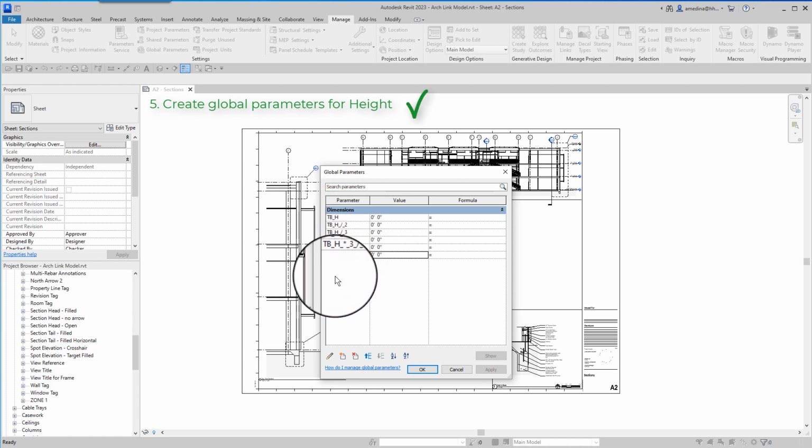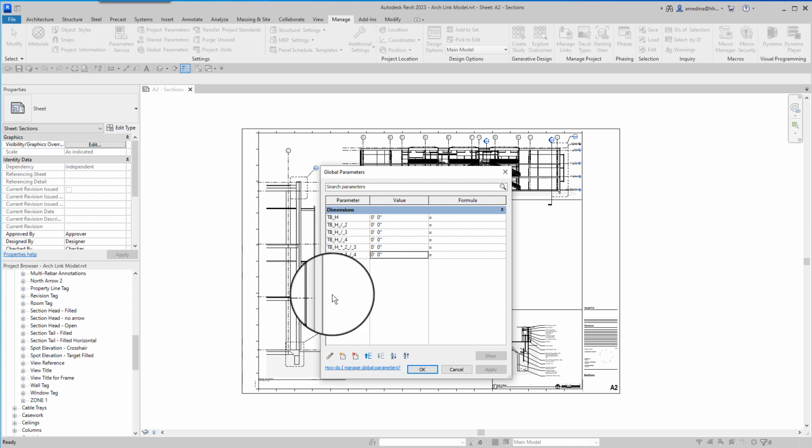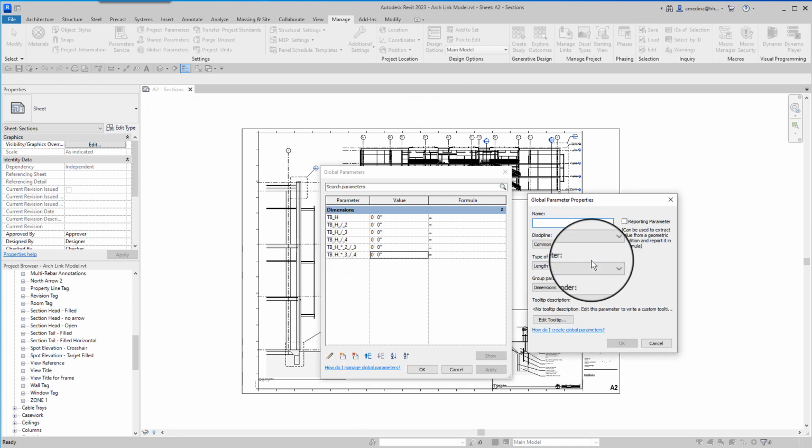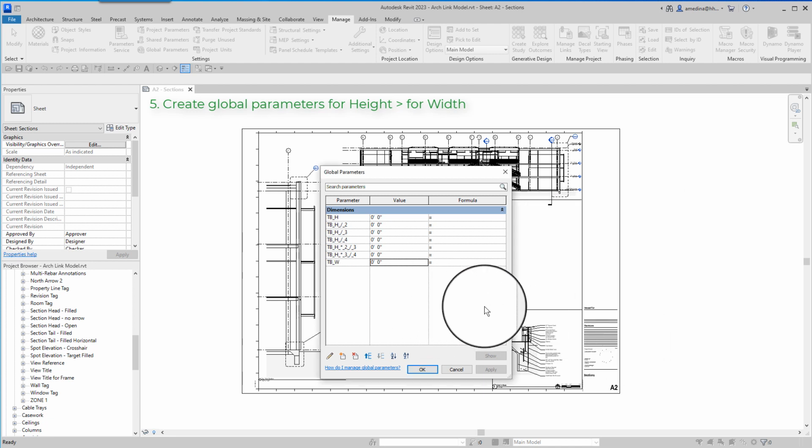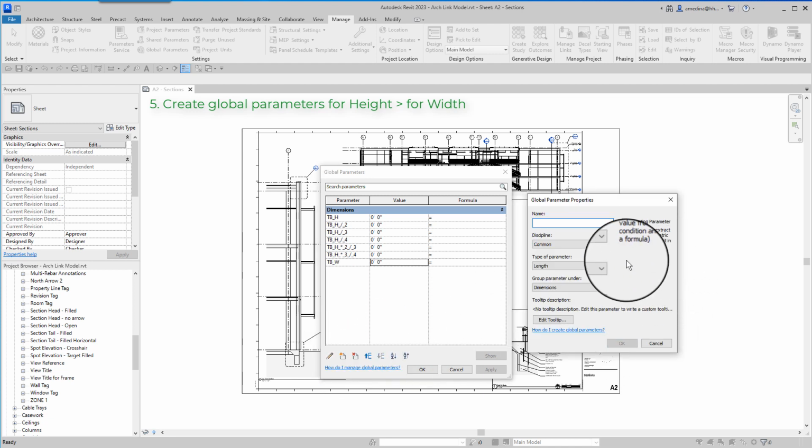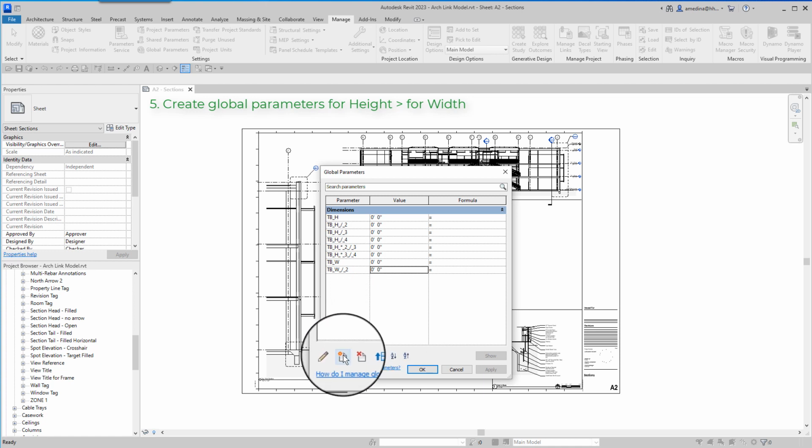I need to do the same parameters for the width, like this. Title block width, then title block width divided by 2, right? I'm going to copy that.